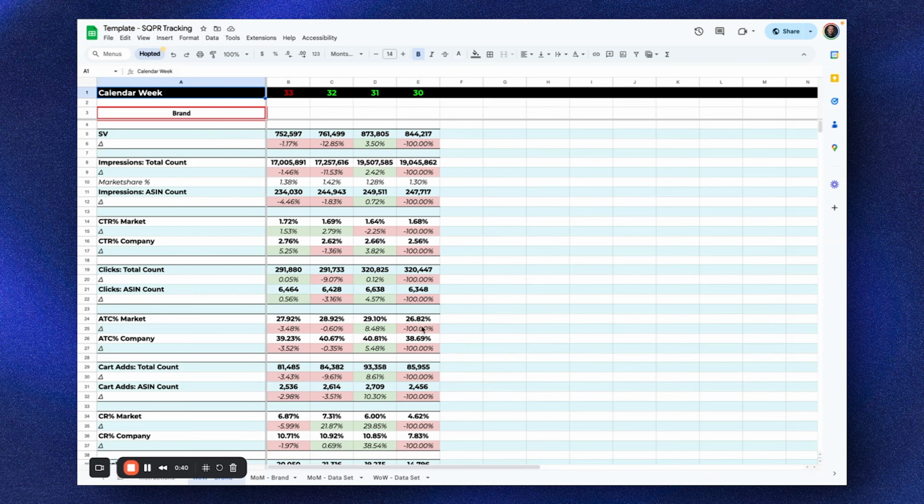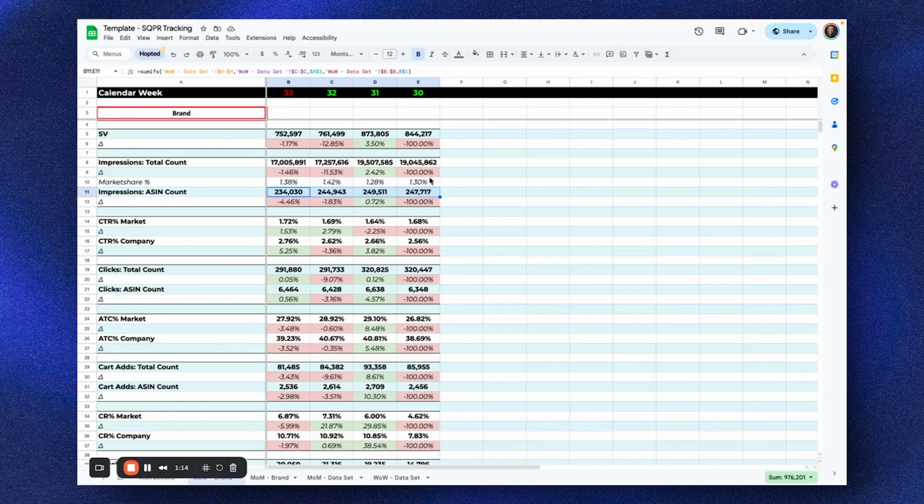So maybe you know this sheet, I shared this before, but in general, you can just see with the search query performance report week over week or month over month on brand and ASIN level, how's the search volume developing, how's the impressions and the impression share developing. So is the pie getting bigger, or is the pie getting smaller, and how is our share of the pie developing? Specifically answering the question or the problem: if sales are down, is that due to us losing market share, or is it due to the market just being down in general?